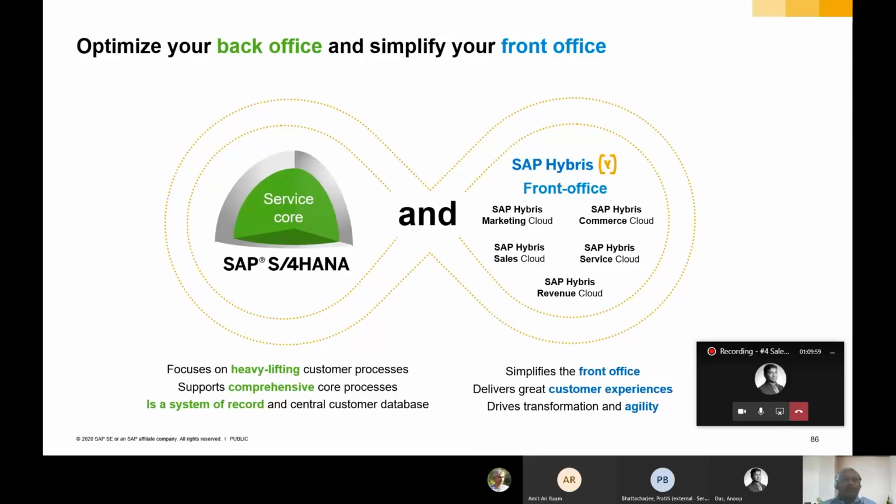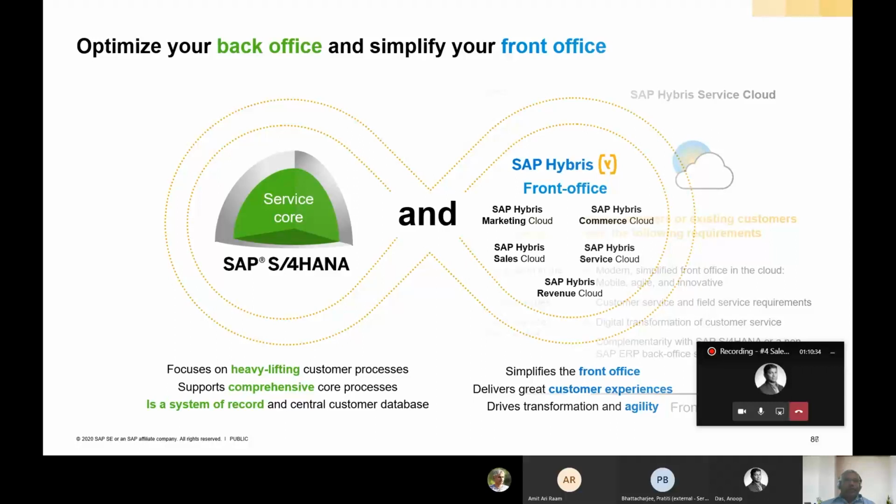So basically the service core is bringing you master as well as transaction data capabilities on the S/4HANA side, and your customer-facing things will still continue with either Hybris or CRM, whatever it is. So the front office activities and the back office activities. The back office will be mostly supported through the S/4HANA service core, based on your master data as well as the transactional data. So that's how the system is being built and then brought in as new functionalities from 1511 to 1909.